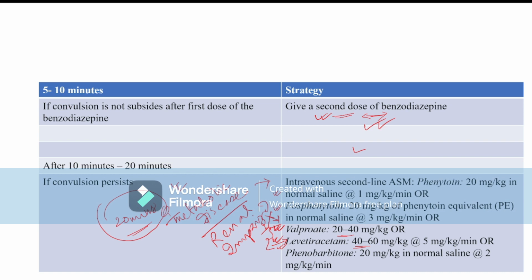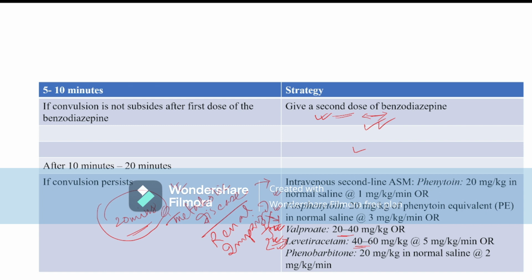After 10 minutes, if the seizure has not subsided, you give any one of the 4 second line anti-epileptic drugs, that is phenytoin, fosphenytoin, valproate or levetiracetam. It is better to give valproate in children more than 2 years of age, and better to avoid valproate if the patient has metabolic disease or renal impairment. All 4 anti-epileptics are equally effective in status epilepticus, so you can start any of them. The least side effects are with levetiracetam, so you can start levetiracetam in any age group of child.